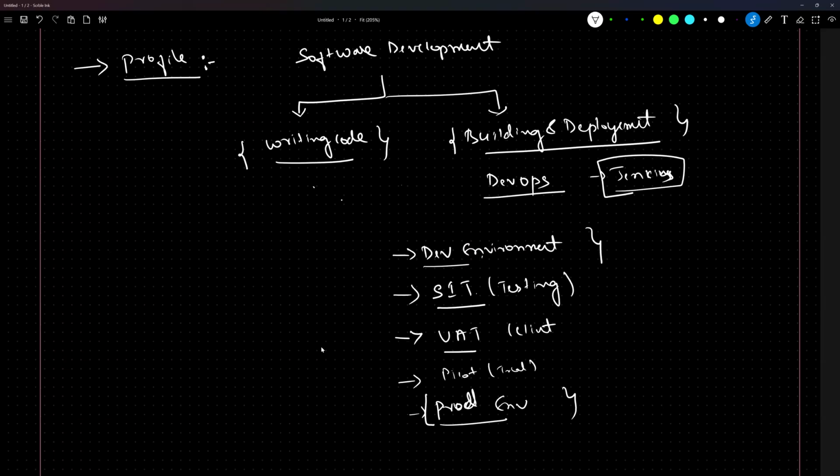our developer team might use a different relational database, might deploy it on a different server. They might deploy it in Tomcat, and they might use 8080 as the port number. They might use the MySQL database. Our system in test might use another port number. They might use the PostgreSQL database. Our client might use the Oracle database, and they may deploy it on a different port number. In production, in real, we might use MySQL again, and we might deploy it on a different port number